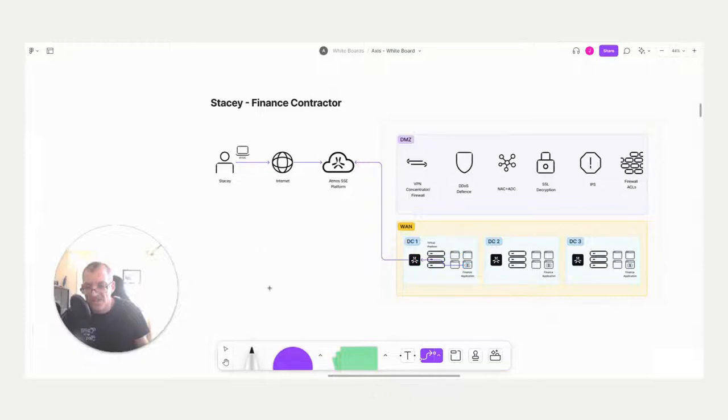Because she doesn't need an agent on her machine, she doesn't need to go through all the pain of getting permission to install an agent. She doesn't need to worry about it conflicting or all the problems that causes. Basically, she does agentless access over the internet into the SSE platform. That SSE platform is where the brain is. That brokers those two connections together, the outbound connection and the inbound connection,